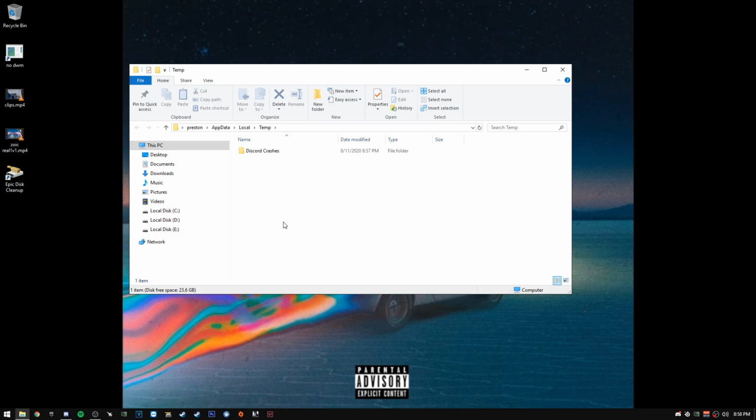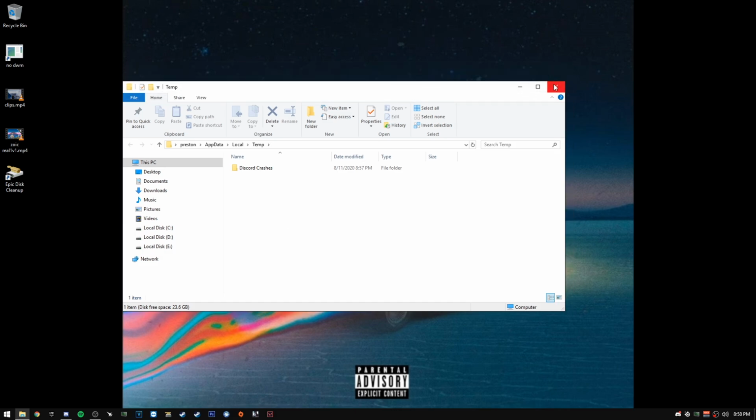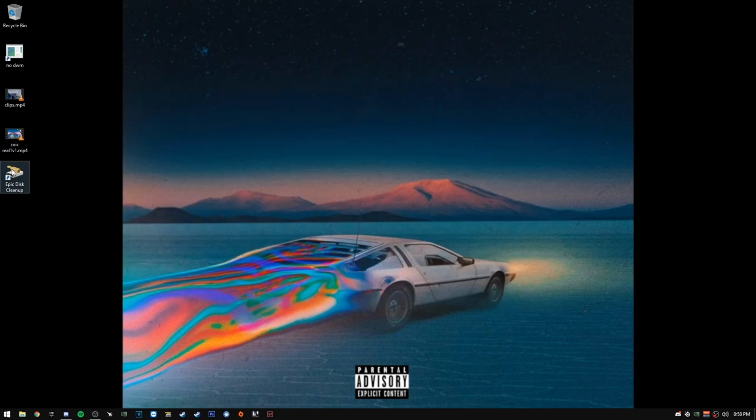But yeah, if you have a lot of temp files in here, that can take up storage really quickly and it'll really kill your performance. So just try to remember to run this every so often. The other thing is